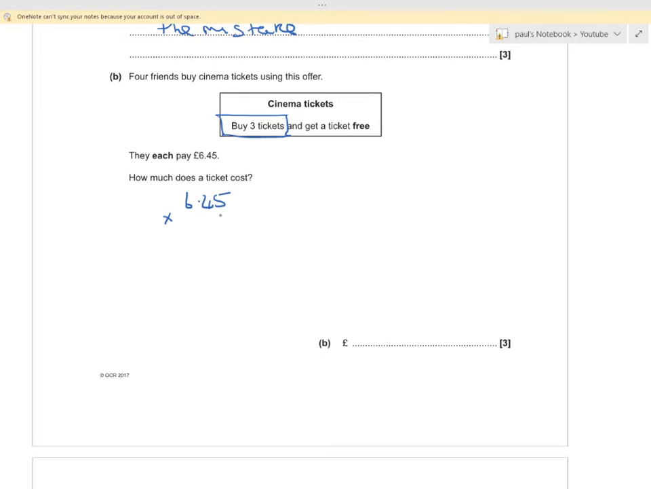Times 4, because there are 4 friends, aren't there? Yeah, so 4 5s are 20, 4 4s are 16, 18, and 4 6s is 24, 25. So 4 of them altogether pay 25.80. Yeah, so 25.80 is